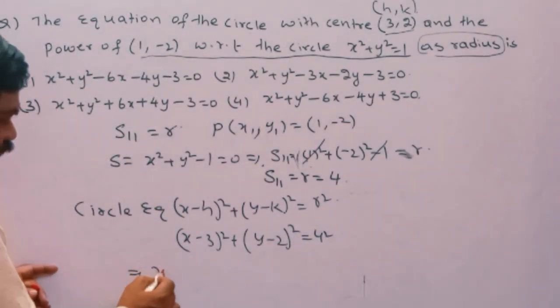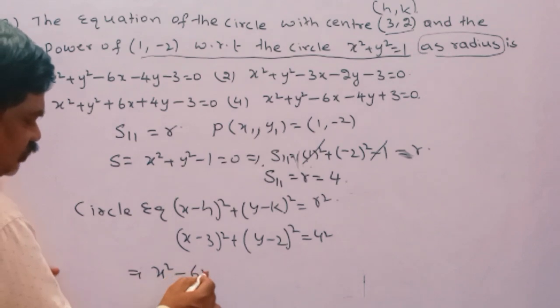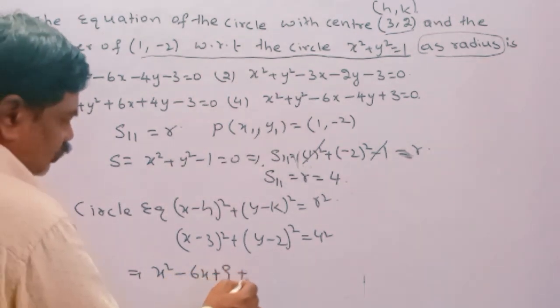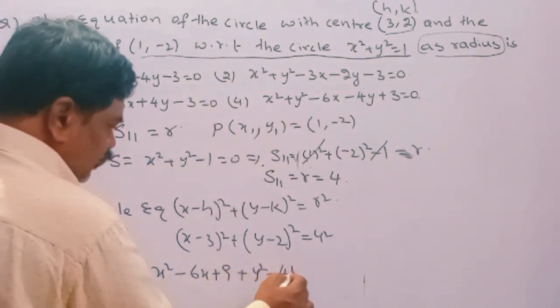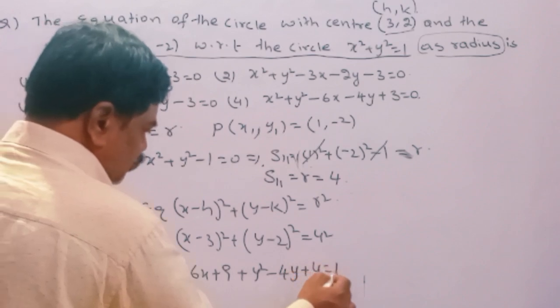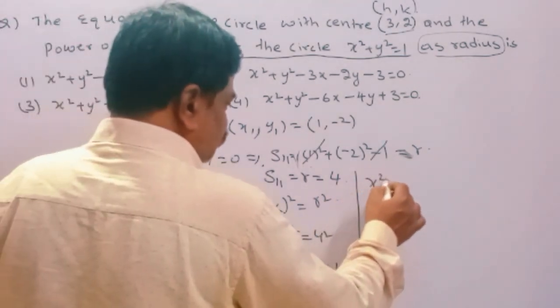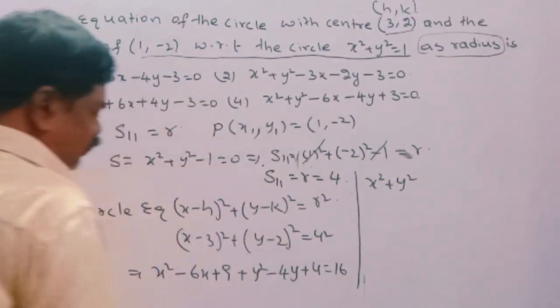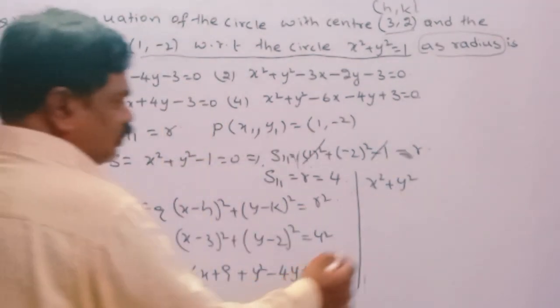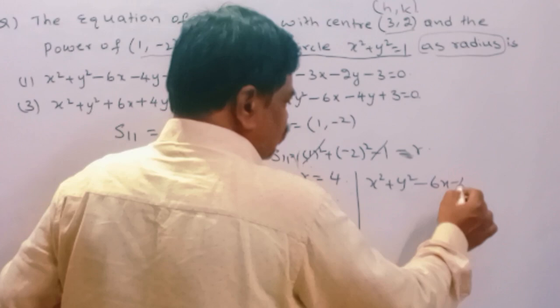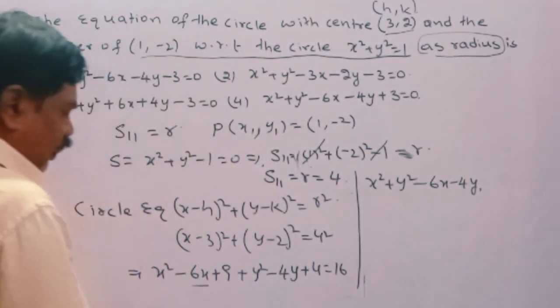This is x square minus 6x plus 9 plus y square minus 4y plus 4 is equal to 16. Then the required circle equation: x square plus y square minus 6x minus 4y and